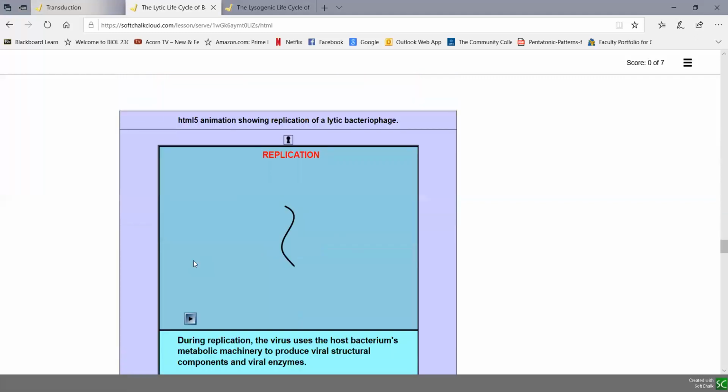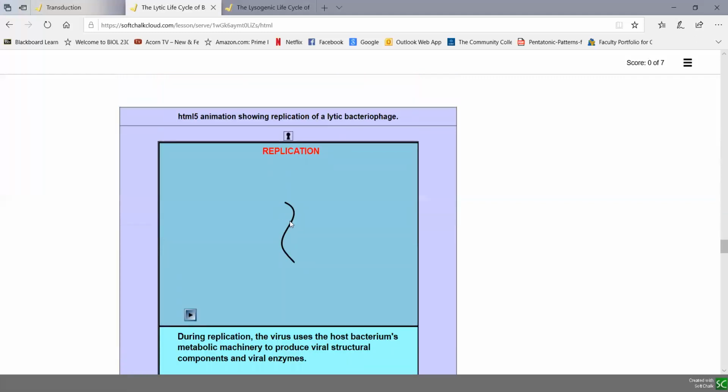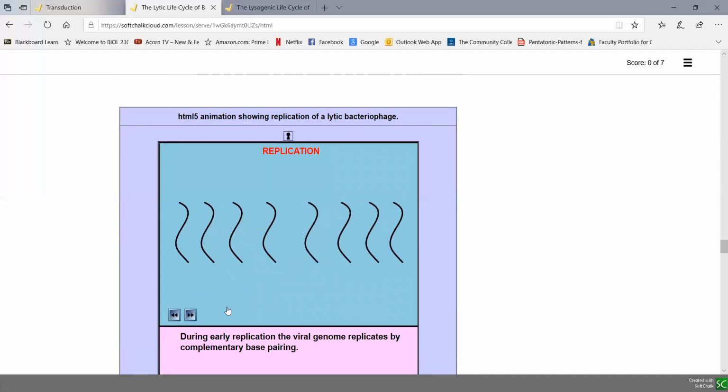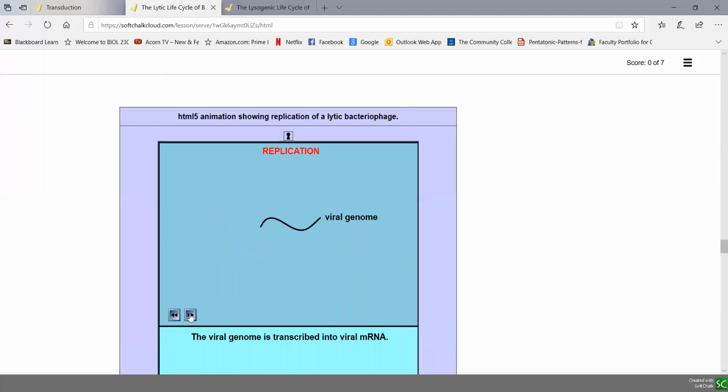During replication, the viral genome that's been injected into the cytoplasm of the bacterium replicates anywhere from maybe 50 to 200 times by complementary base pairing, making copies of itself, using the bacterium's energy, nutrients, and such. Then the viral genome is transcribed into viral messenger RNA, coding for the various proteins and enzymes needed to actually make viruses from scratch inside the bacterium. Bacterial ribosomes attach to the viral messenger RNA and translate it into viral structural proteins and viral enzymes. So as you see, the viral parts are being made from scratch inside the host bacterium using the bacterium's metabolic